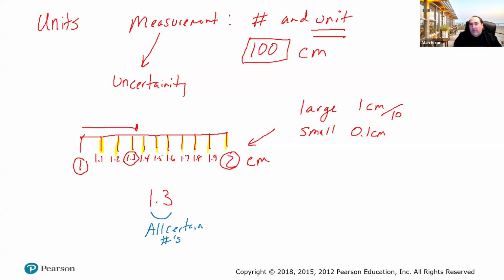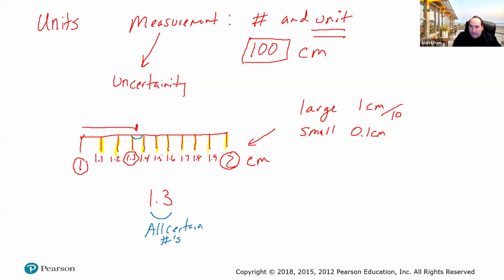But this is where our uncertainty comes into play, and that is because it is not exactly 1.3 and it's not exactly 1.4. This is where the estimation comes in when we take a measurement, or the uncertainty comes in when we take a measurement. So, for example, when we look at the distance between these two markings, we